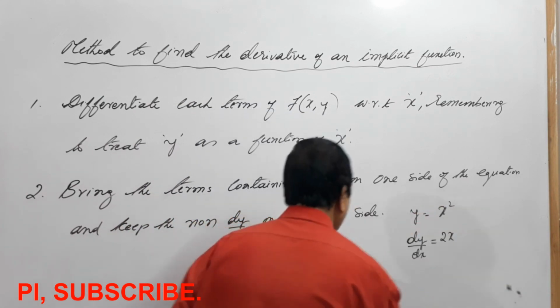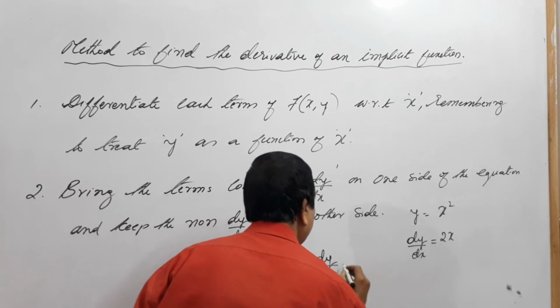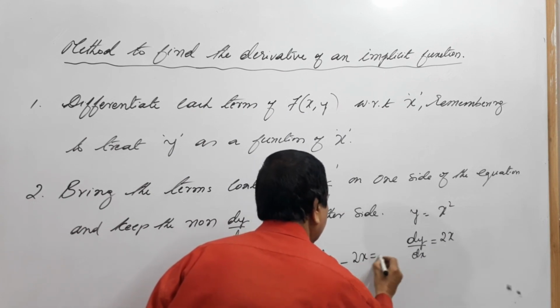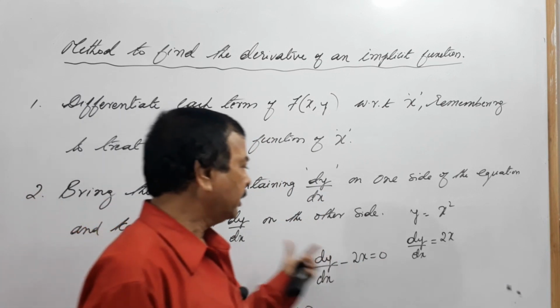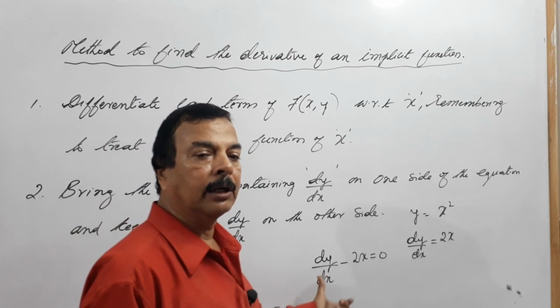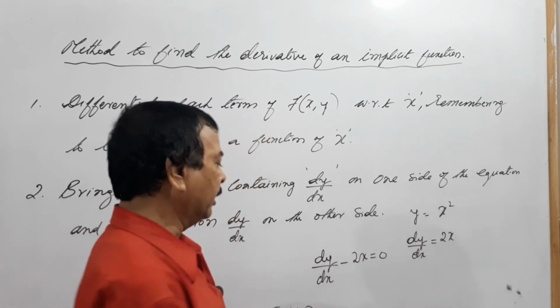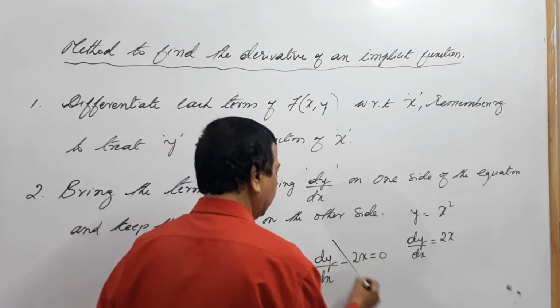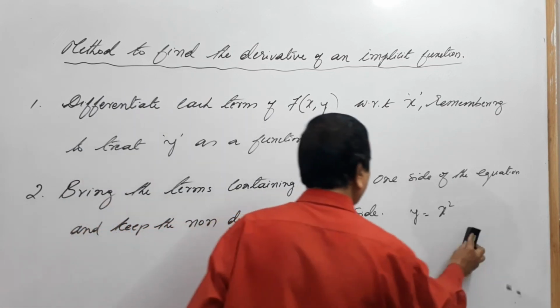We are not supposed to bring it like this: dy by dx minus 2x equals to 0. This cannot be an implicit function, because he has asked you the specific rule that you have to bring dy by dx term one side and the non dy by dx term on the other side. So in implicit function, this is not allowed. Okay, dear students. Now the third point,